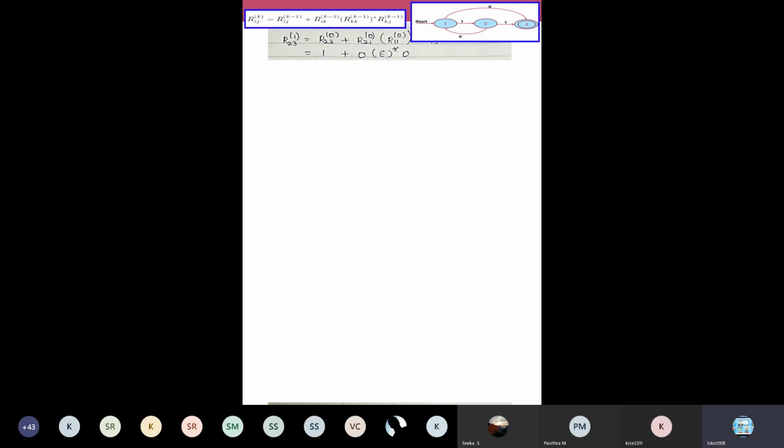So R23 of 0 is 1, this one is R21. R21 of 0 is 0, R11 of 0 is epsilon, so you have a star, and then once again R13 of 0, it is 0. Now also epsilon comes in concatenation. What is concatenation? There is no plus in between; when epsilon comes straight next to 0, imagine there is a dot operator. In regular expressions we say there is a dot. Dot is an operator, plus is an operator, star is an operator. The dot is concatenation between any two symbols. Imagine there is a dot.